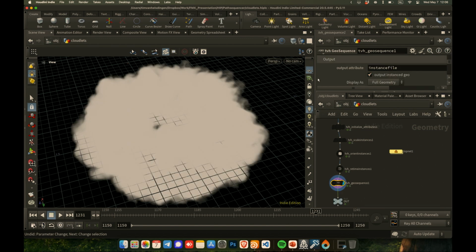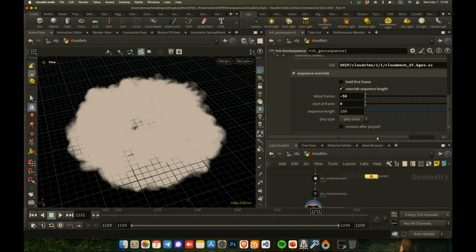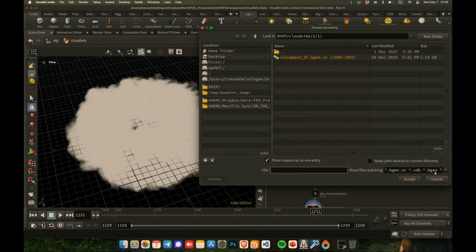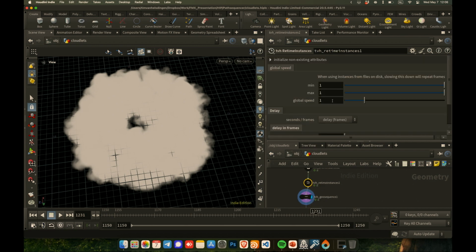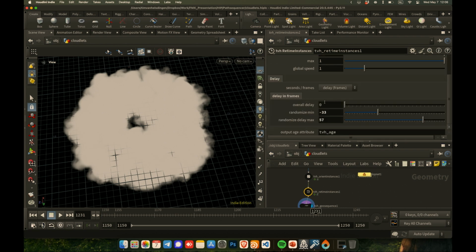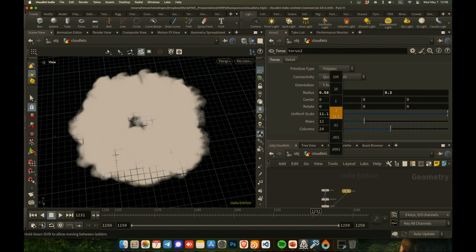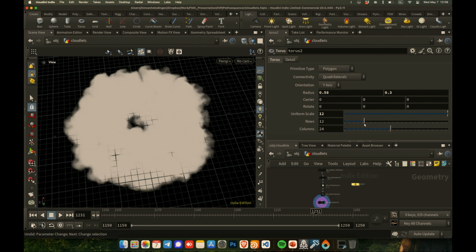This allowed me to give it a sequence, pretty much the thing that we have here. This will instance it on these particles, and then I can randomly time offset them in these retime instances. You can see here it's going to randomly retime them, and this allows me to have very tight control over opening and closing this little portal thing,